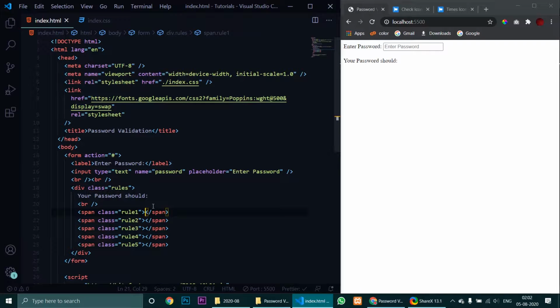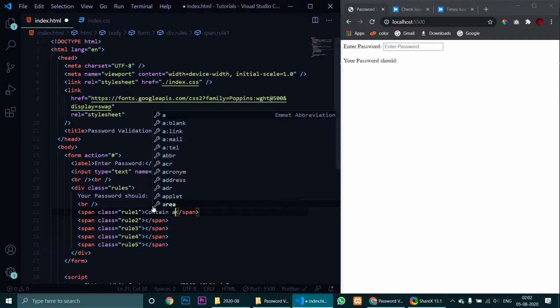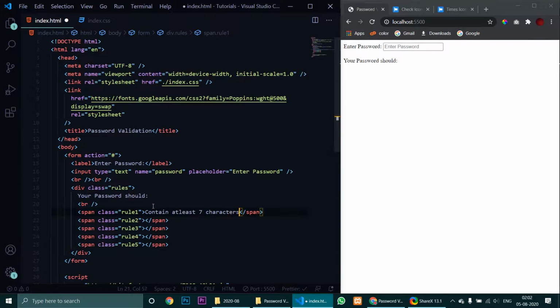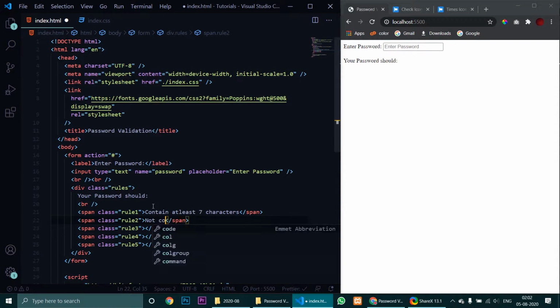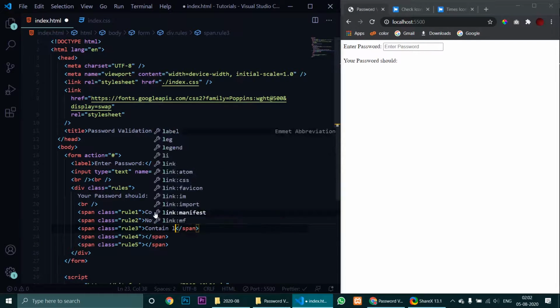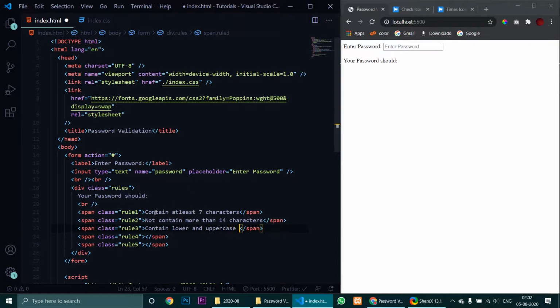So the first rule will be your password should contain at least 7 characters, and the next one will be should not contain more than 14 characters, and then we will have should contain uppercase and lowercase letters, and then we will also have should contain at least one number, and at last contain at least one special character.